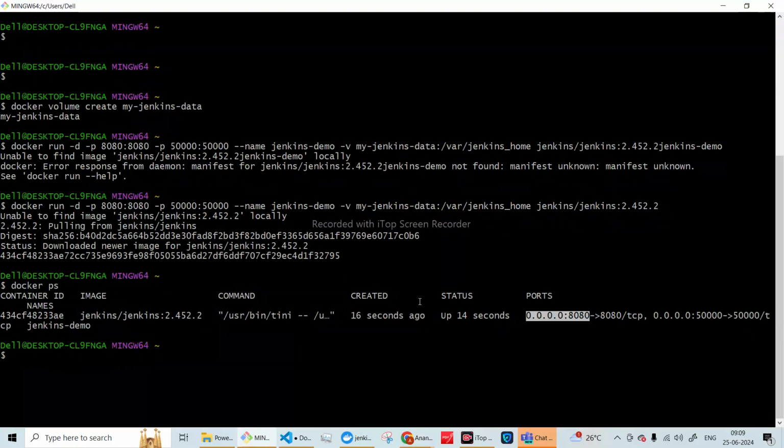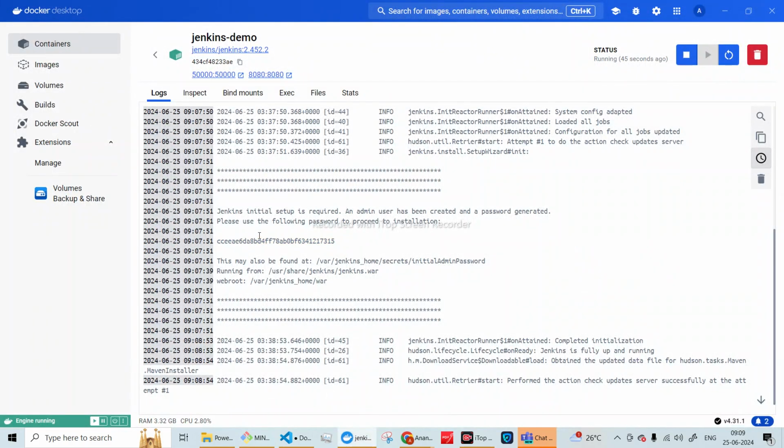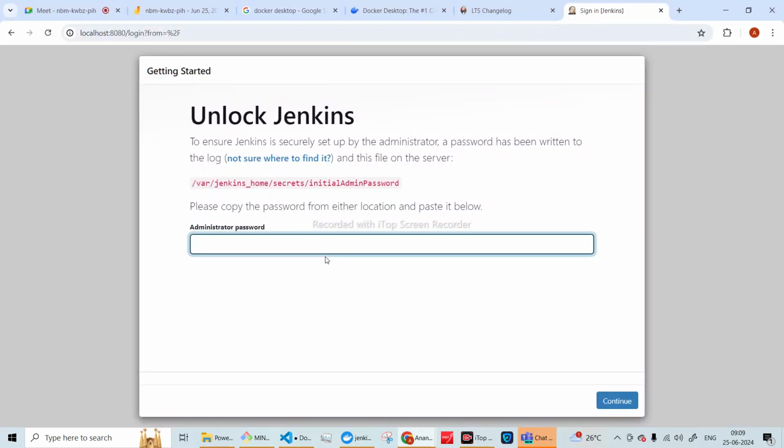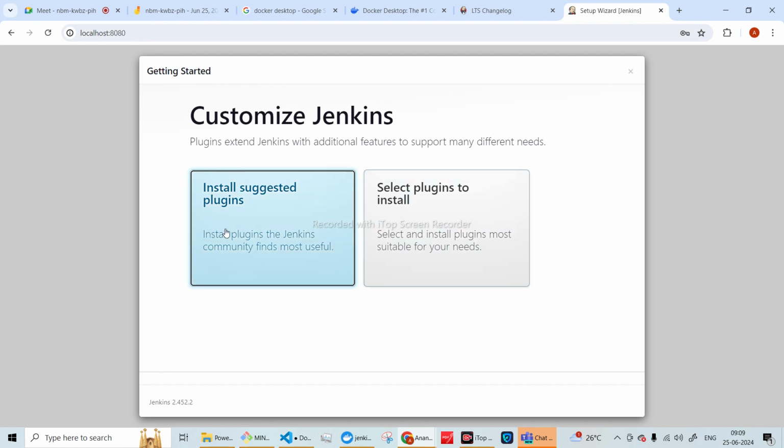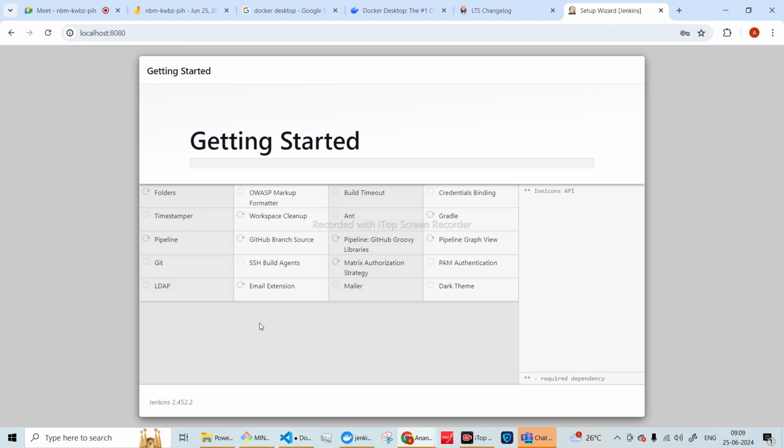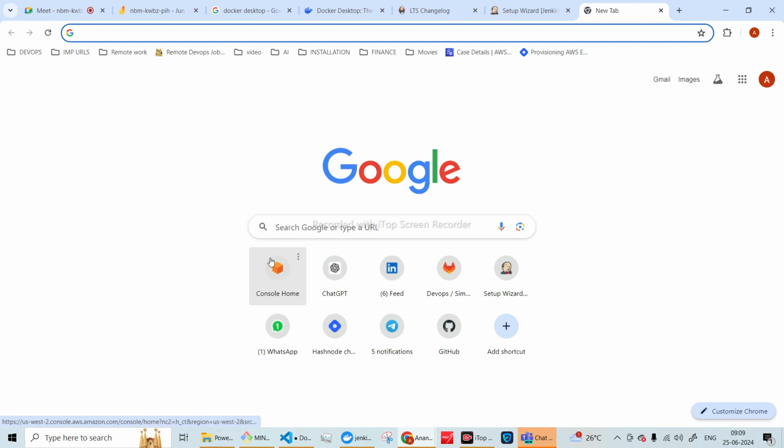For this admin, as you already know, this is the password that we are going to use. Then continue, install suggested plugins and all. As you know, it will take some time to get these plugins installed. But in the meantime, what we can do is